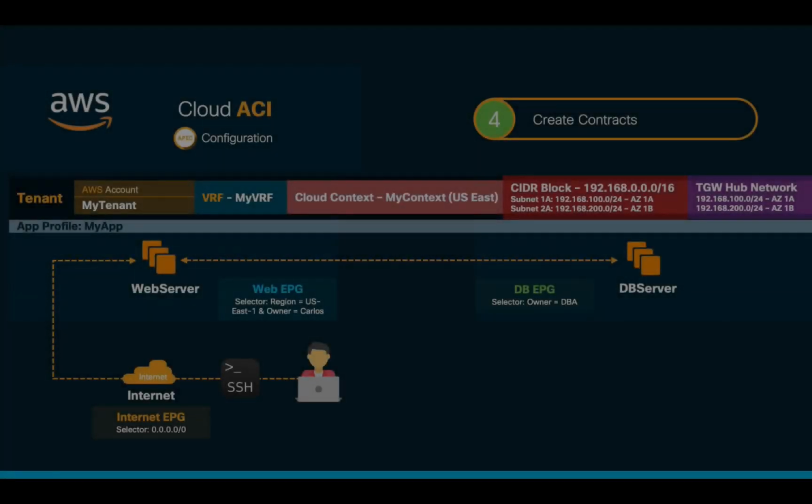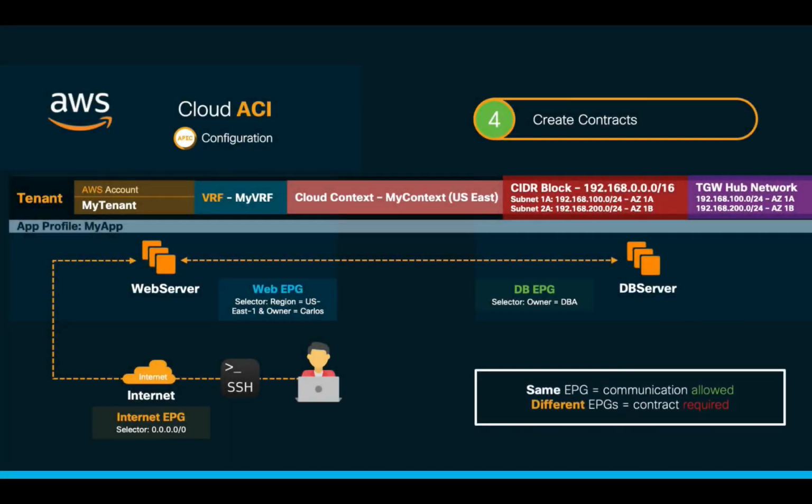Well, because as you may remember, different EPGs do not have communication by default, and we are trying to connect from the Internet external EPG to the web server EPG without a contract. Same ACI rules as on-prem, remember? We can confirm that